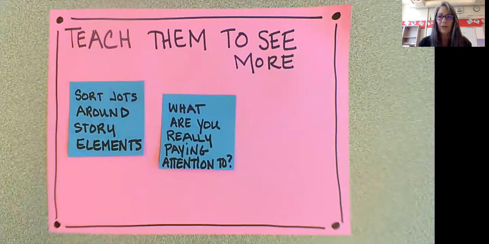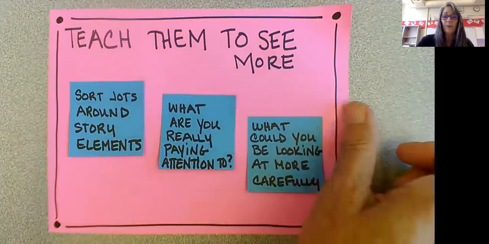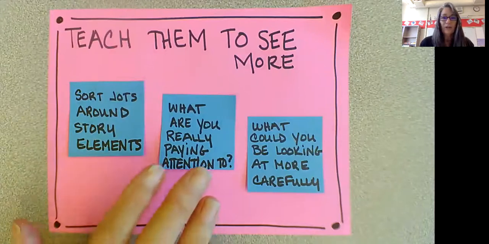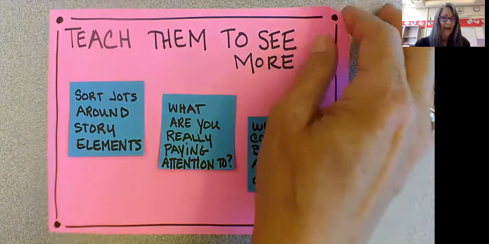Are they really paying attention to plot? Like, what element are they holding on to a lot? And then let's try to move them off of that and onto something a little bit different. What could they be looking at more carefully? Maybe you really want this student to start looking at symbols, or at the setting. So having them sort their jots is just a great way for them to physically, concretely see what they really are noticing in the text. And then the last, number 5,